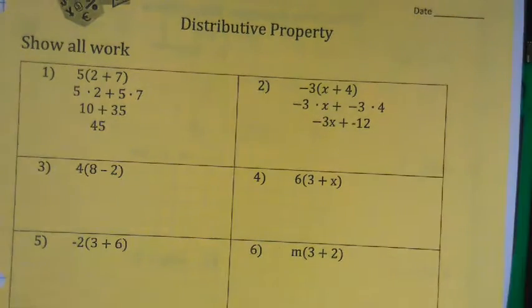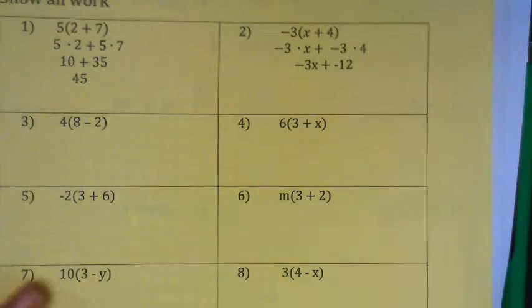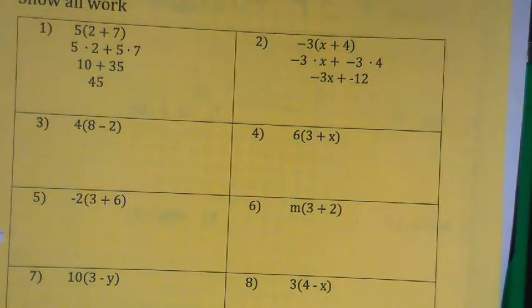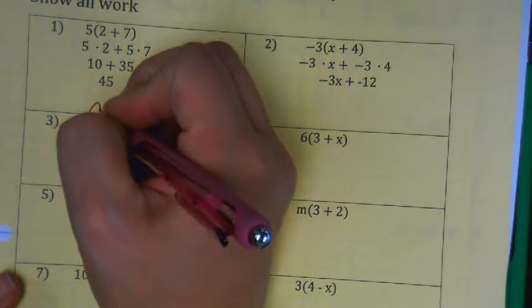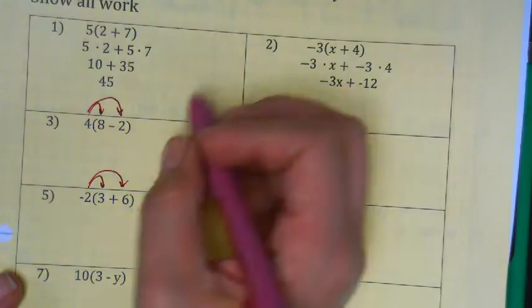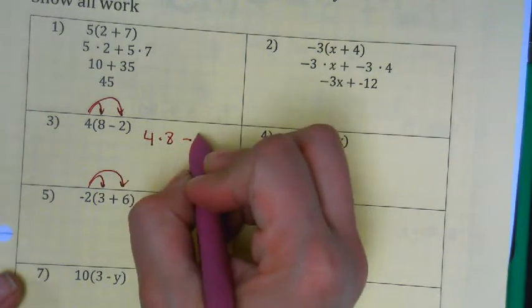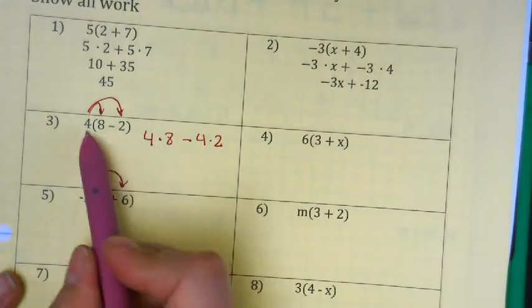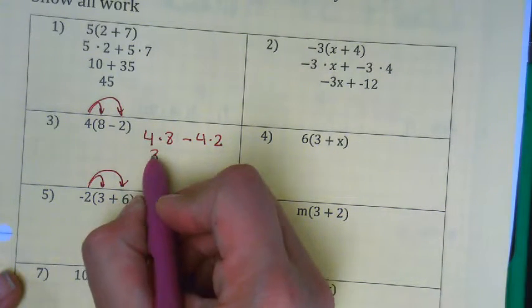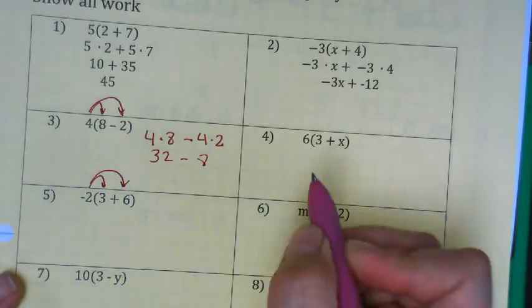Alright. So 1 and 2 are kind of done for you. Not loving 3 and 4. Wish I could change it. They're easy. Yeah. So, can we answer that one? So 4 times 8 minus 4 times 2. So that gives me 32 minus 8 gives me,